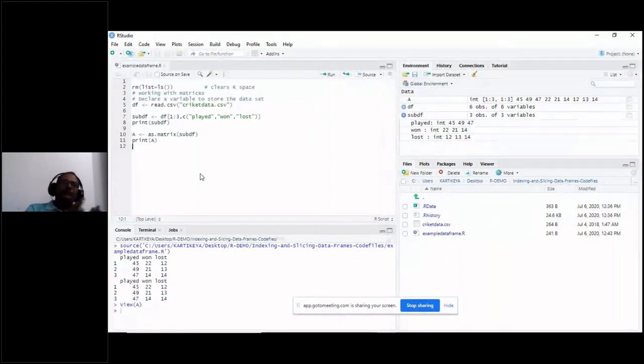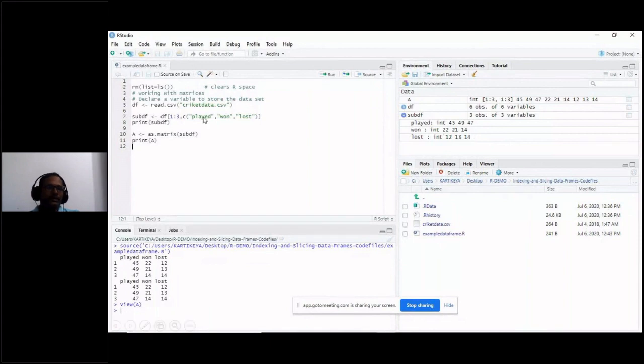Now, if I want to convert a data frame into a matrix, remember that a matrix consists of numerical values, while a data frame consists of objects. See in the environment window, look at this particular one. The data frame is showing 6 objects and 6 variables: you have 6 rows and 6 columns. R refers to the contents of a data frame as objects and variables.